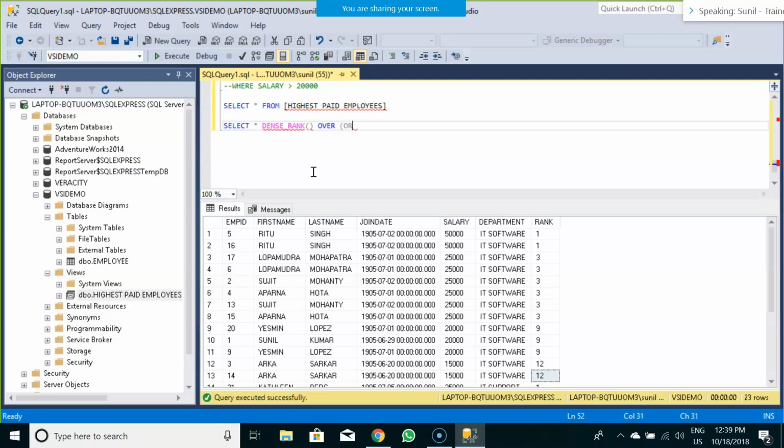The moment I enter this word, the SQL editor, through its intelligence feature, identifies those keywords or functions. Salary in descending order, as, let's say, name it as dense rank, from employee.